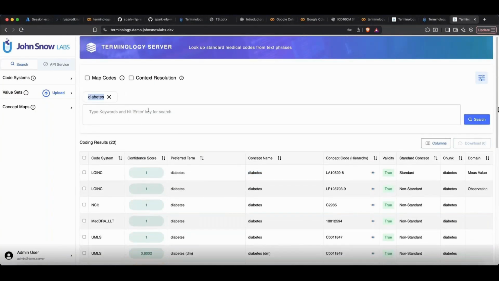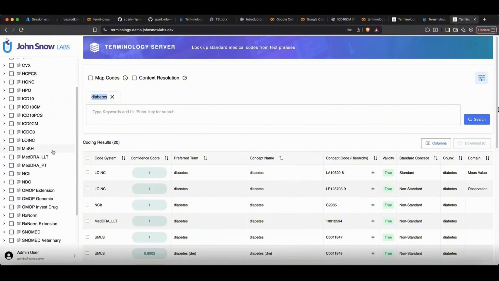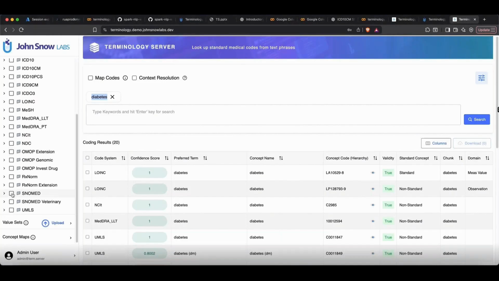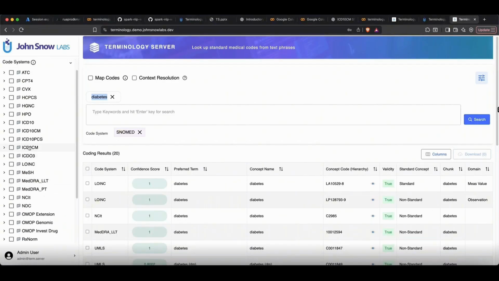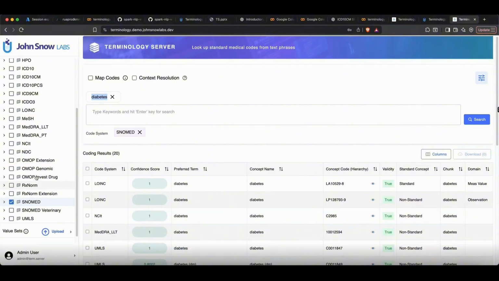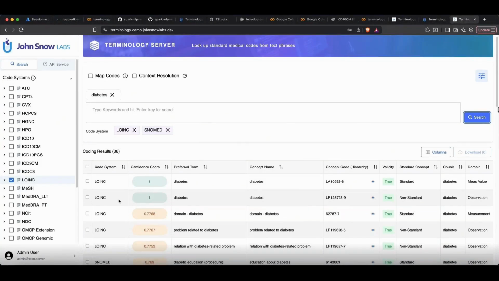And if you want to filter it by certain vocab, you need to go to the code systems. The code systems are all the vocabularies that we provide. It also has some in-house vocabs. And if you want to only see the SNOMED results for the diabetes chunk, we can just click the filter. You can also add multiple filters. For example, if we want to search with LOINC, we'll just add those filters, and then we'll end up with those results only. So if you see here, this is the LOINC code, and